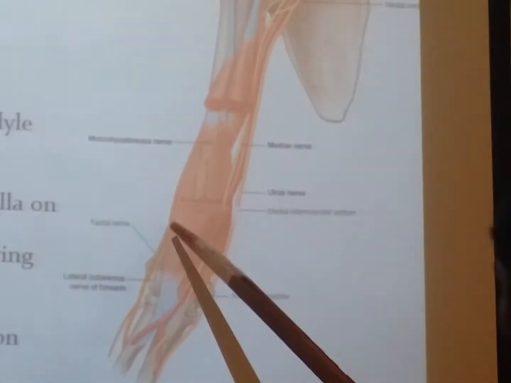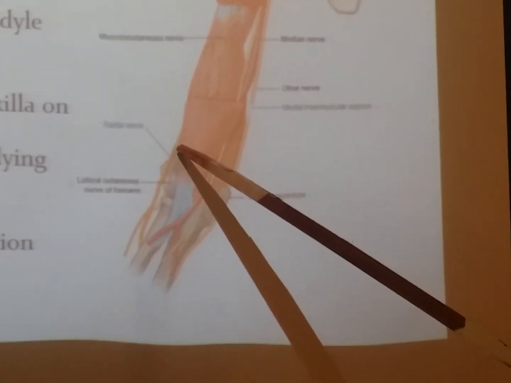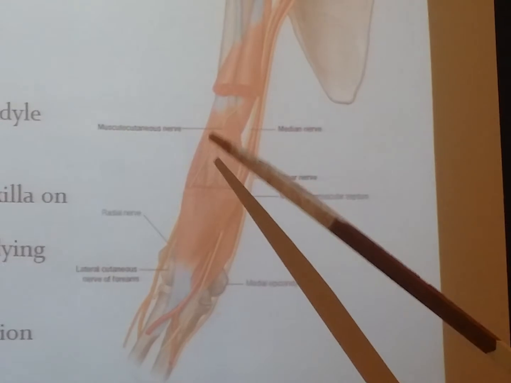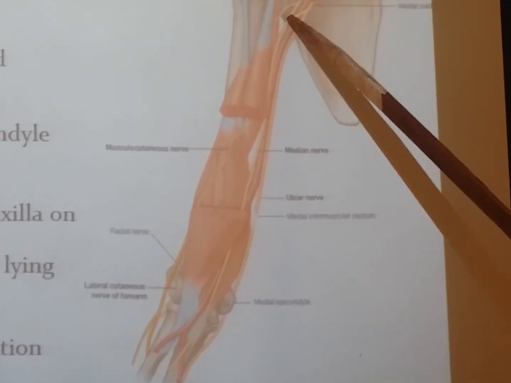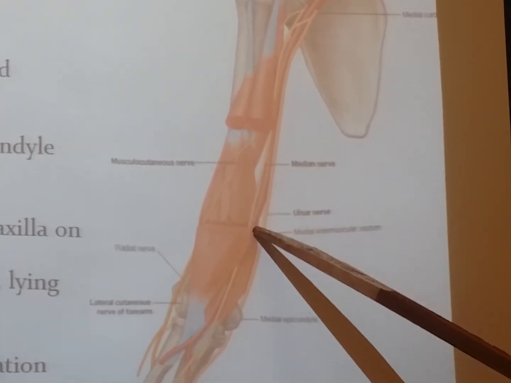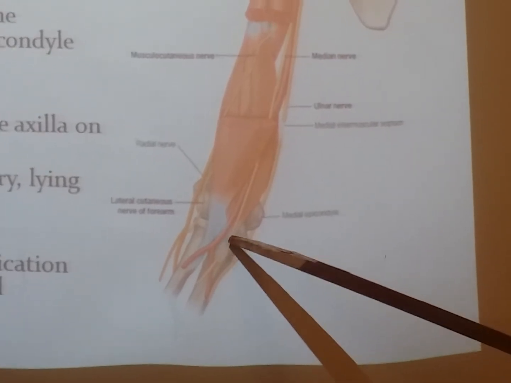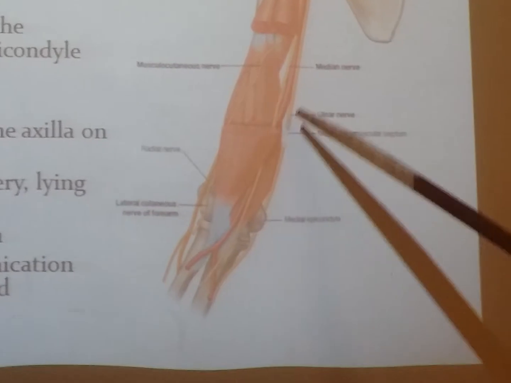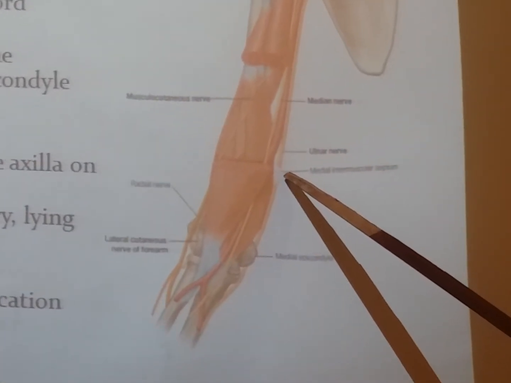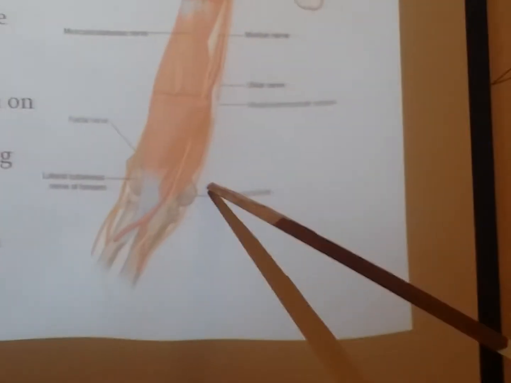See here. The radial nerve comes to the anterior side only in the lower part, whereas all this part it is posterior to the humerus. Only here it is coming anterior. The median nerve, first it is on the lateral side, crosses the brachial artery and comes to the medial side of the brachial artery. Whereas the ulnar nerve, see here, pierces the septum and goes to the posterior side, posterior to the medial epicondyle. Clear?